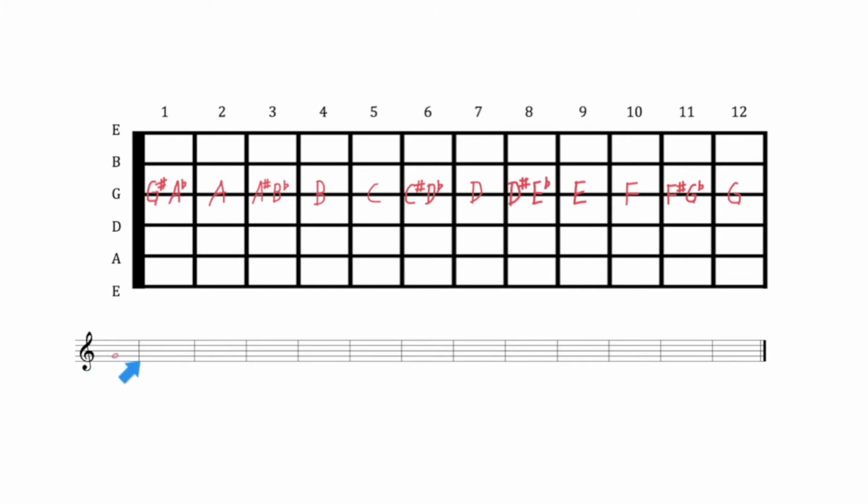Moving on to the first fret, the G sharp will be notated on the same line with a sharp in front of it. The A flat will be notated on the next space up with a flat sign in front of it. And the A is notated on the second space. A sharp is also on that second space, followed by the B flat on the line. B is notated on the same line, followed by C on the space above that. C sharp is notated on that same space, with D flat on the line above that.